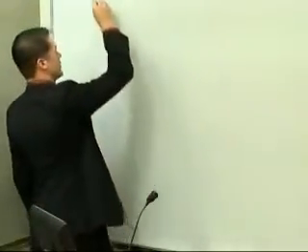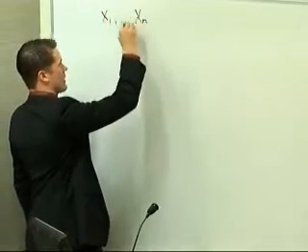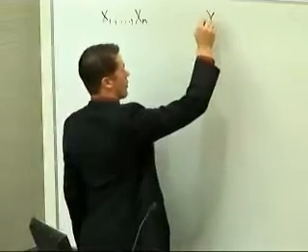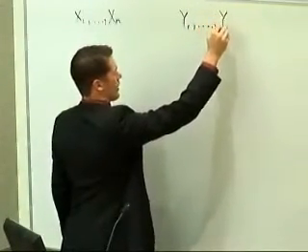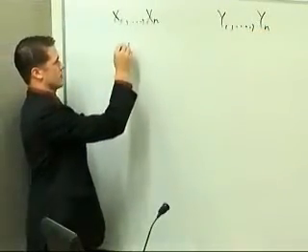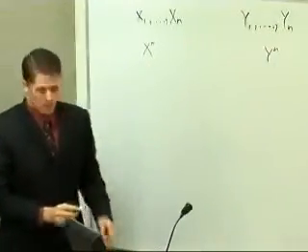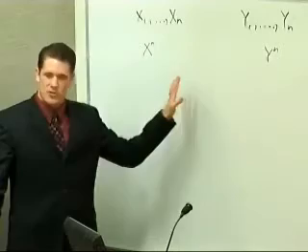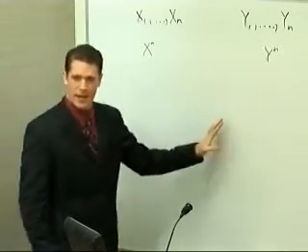Okay, so suppose you have some random variables, two sequences, x1 to xn, y1 to yn. I'm going to abbreviate these as x to the n, y to the n. Okay? I'm not going to tell you their joint distribution, but I'll tell you something about their joint distribution. Okay? And the